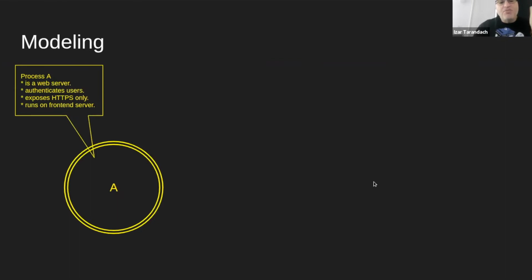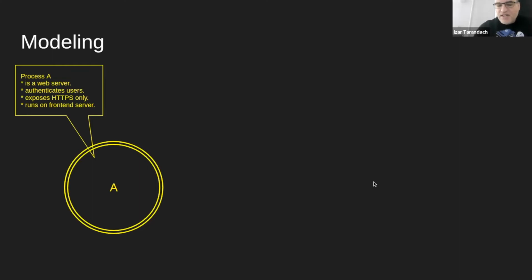And this one happens to be a web server. It authenticates users. It exposes only HTTPS, and it's running on the front-end server, right? So here we basically know all we need to make a basic set of assumptions about this process, about the system that it resides in, and that actually have security value.